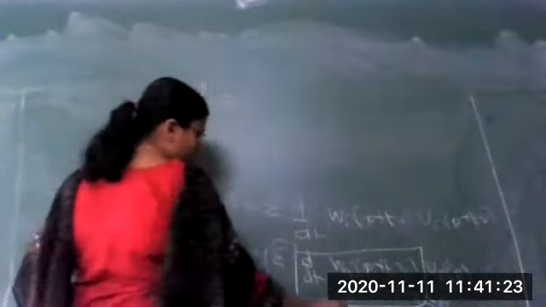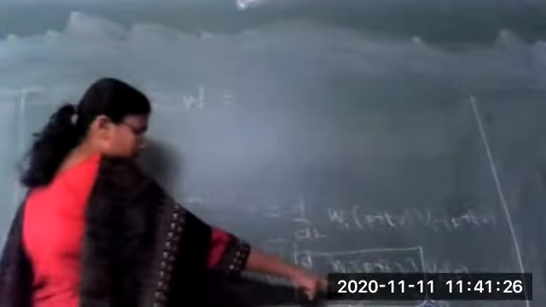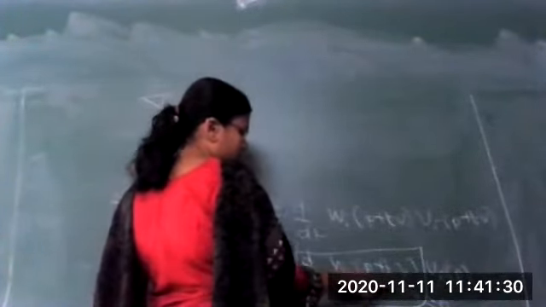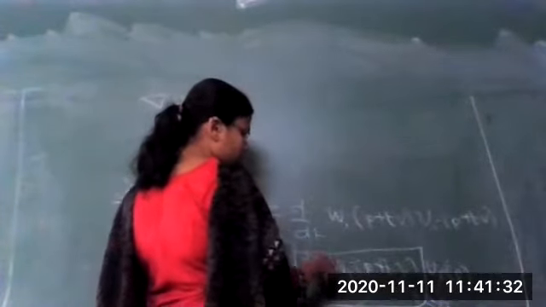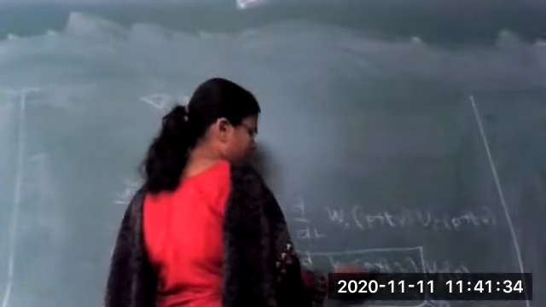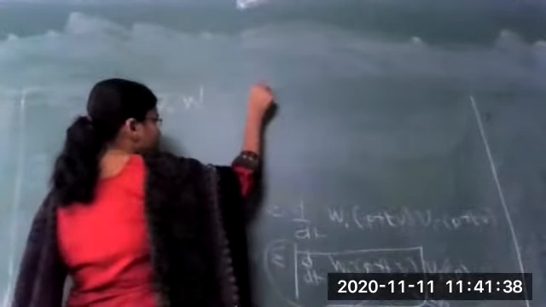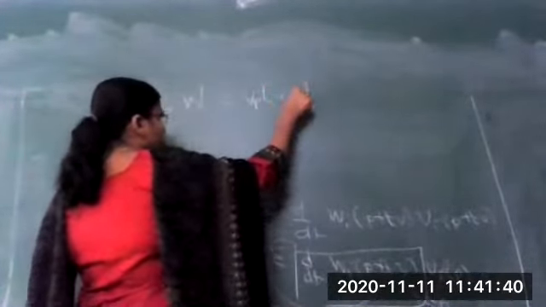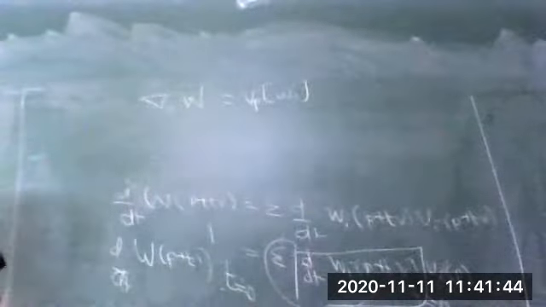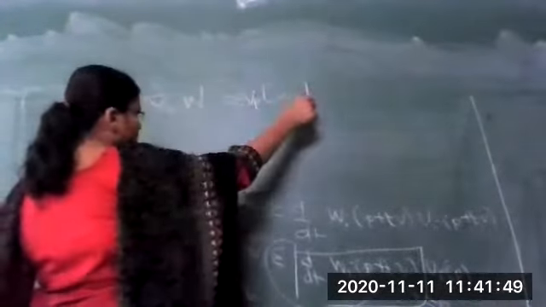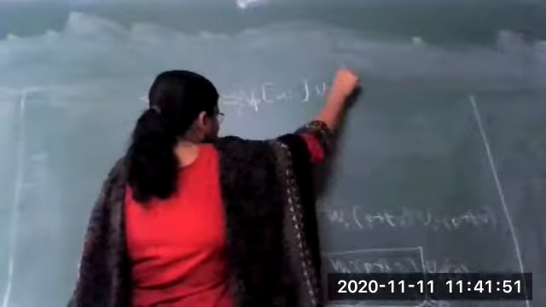What will be the value of this whole bracket? That is nothing but the initial rate of change. That is, at t equal to 0 we have to evaluate the initial rate of change of the function Wi at a point P in the direction of V, which is nothing but the directional derivative of function f, that is Vp Wi. The summation will carry on as it is: summation over i Vp Wi Ui at a point P, as it is.